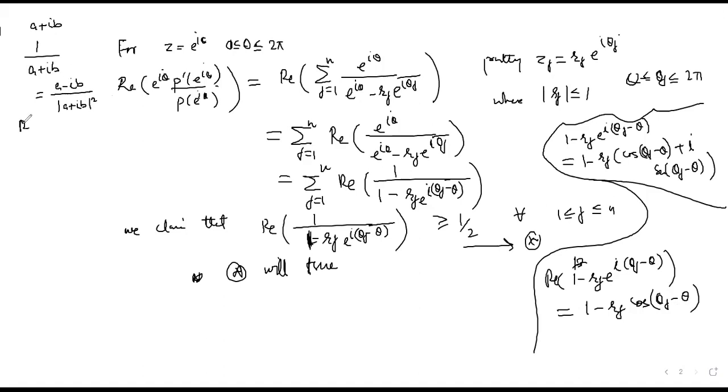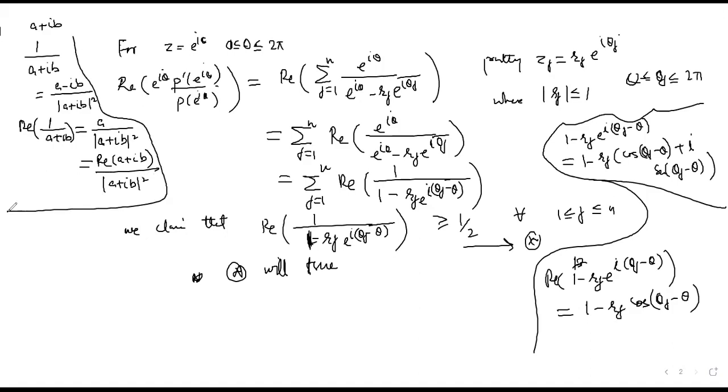तो उसका मतलब अगर मैं कहूँ what is real part of 1 by (a plus iota b), so this is just actually a by modulus of (a plus iota b) का स्क्वायर, है ना. So that would mean what? अगर मैं वही यहाँ पे अप्लाई करूँ, so which is the same thing as real part of (a plus iota b) divided by modulus of (a plus iota b) का स्क्वायर. So अगर मैं इसका यूज करता हूँ तो यहाँ पर मैं डायरेक्ट लिखूंगा थ्योरम में, that is real part of,